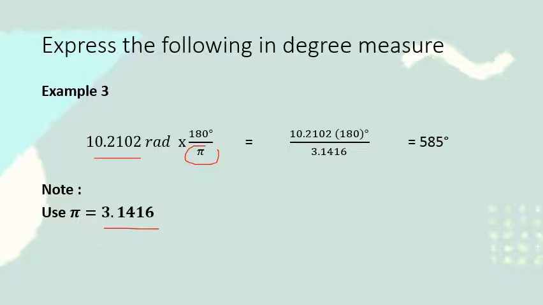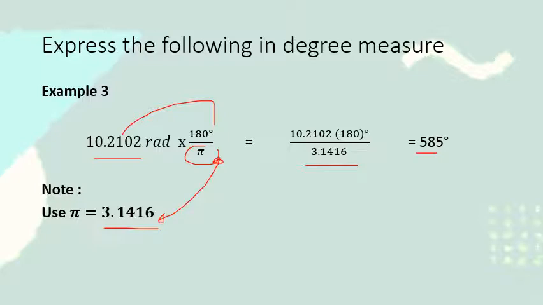So you just multiply this one, 10.2102 by 180, and then you use the value of 3.1416 as your pi. So use your calculator and we will find out the answer as 585 degrees. So later you can